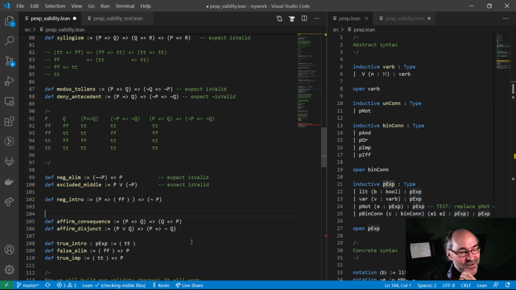Okay, now here's a really interesting one. This basically says that if some proposition implies false, then that proposition must be not true. Because if that proposition P were true, well then,